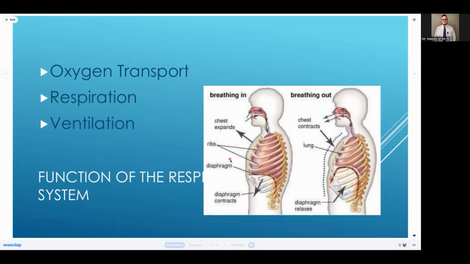Breathing in is an active process, requires energy. What happens is our muscles around our thoracic cage contract, pulling the chest out and upwards. That's shown here with that arrow. At the same time, our diaphragm pushes down towards our GI area, towards our abdomen. So the diaphragm pushes down, the muscles around the rib cage push the chest up and out, and that makes the lungs big for inhalation. That's an active process. Now breathing out, expiration,